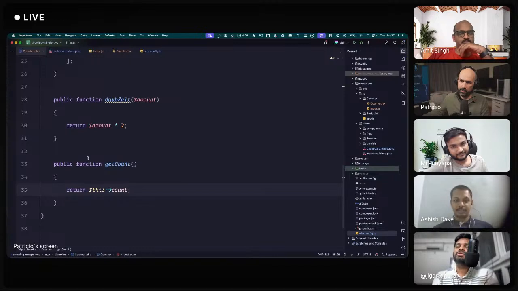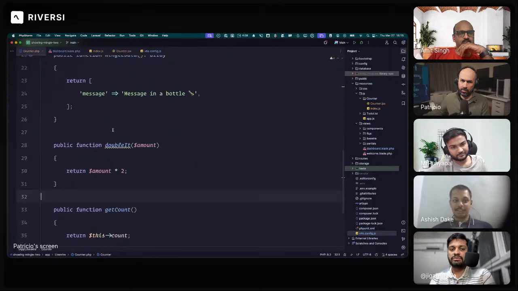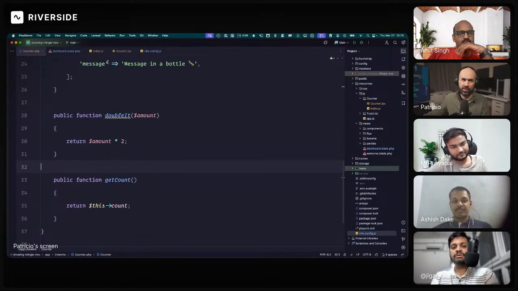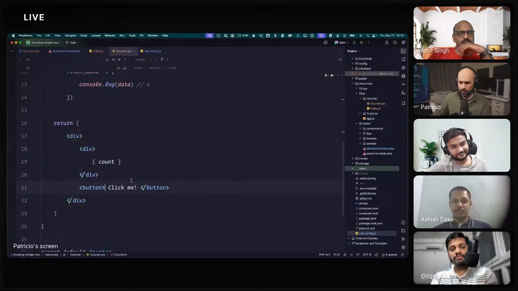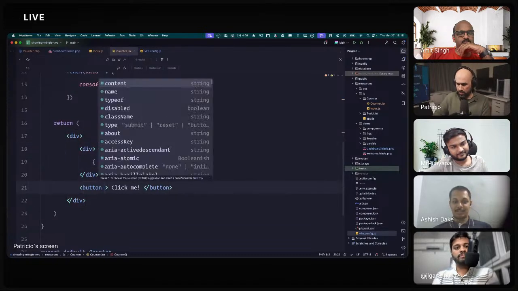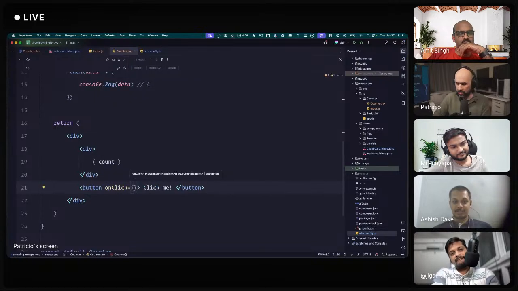That's so you will then do $wire dot get count in the component, like that. You already see it. Yeah. So what I'm going to do is when you click me, I think it's on click. Yeah. I've been doing React, but not much. So let's do the get count.